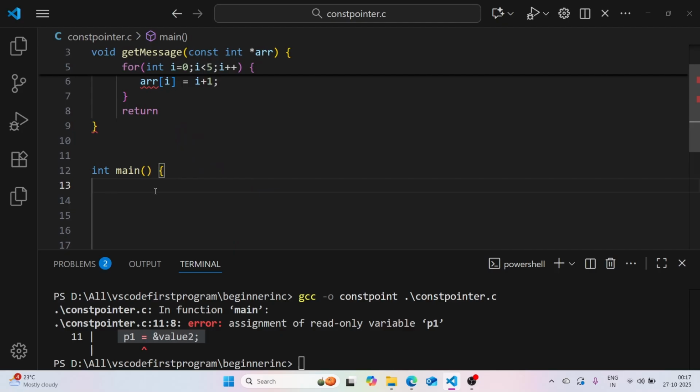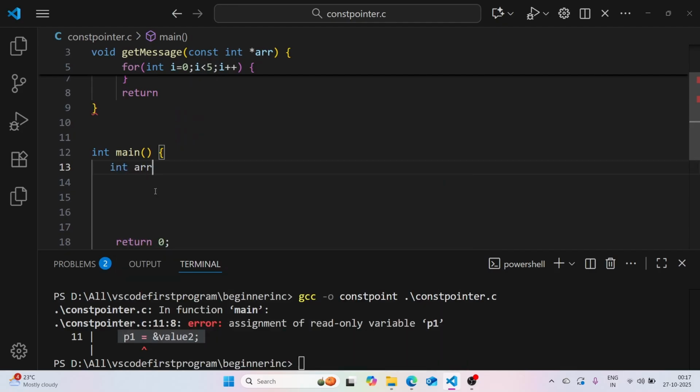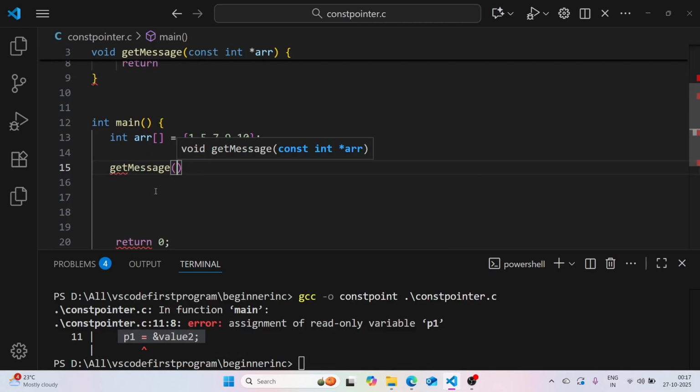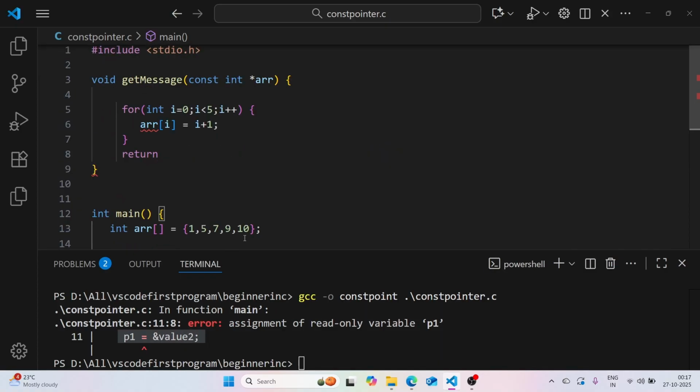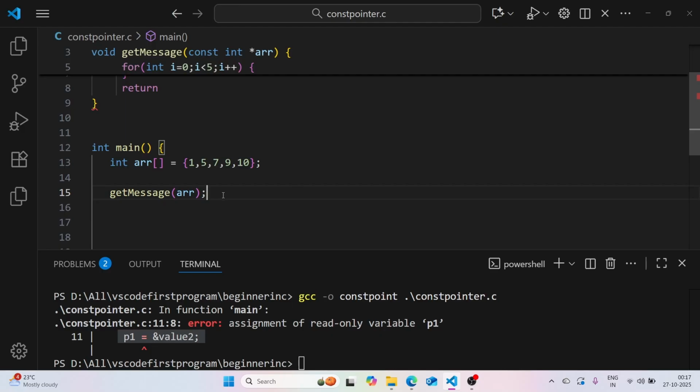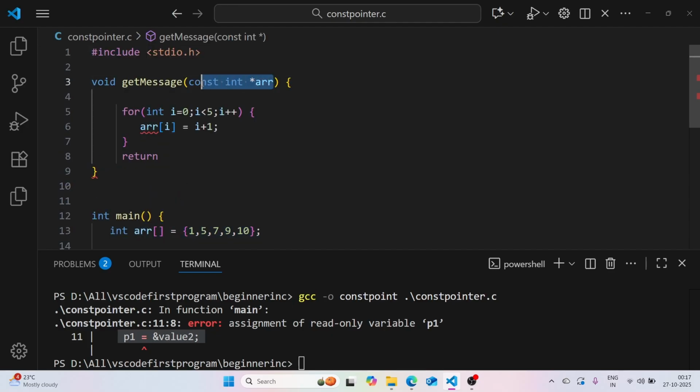So I have an array, for example, an integer array, and I have 5 elements over there: 1, 5, 7, 9, and 10. Okay, and I will pass this to get message. So this way, if I pass this array that is not constant, once I pass it to this function, it is passed to this